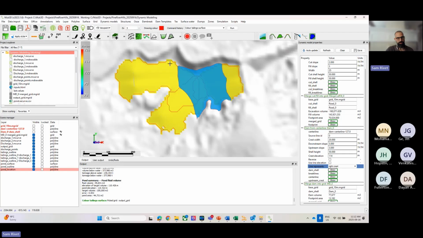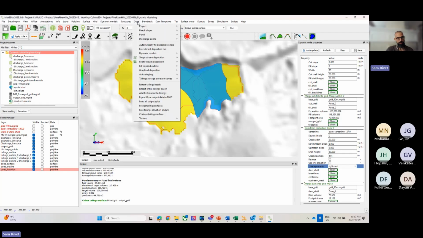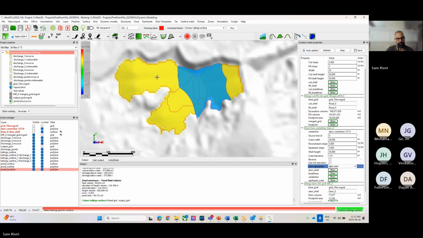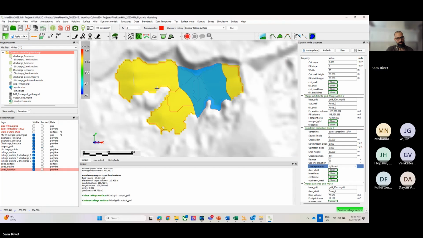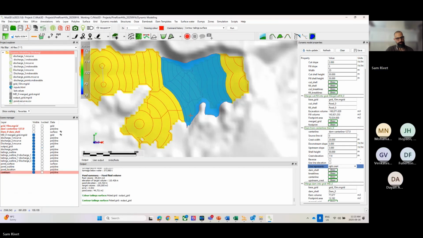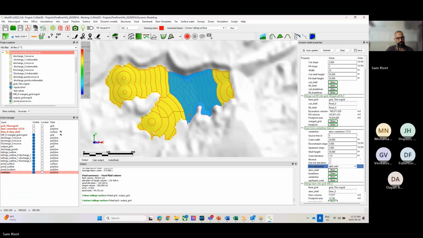So you can see the poured tailings. I maybe put a contour on that. Contour tailing surface. So you can kind of see the evolution of the slope above and below water. Okay, so